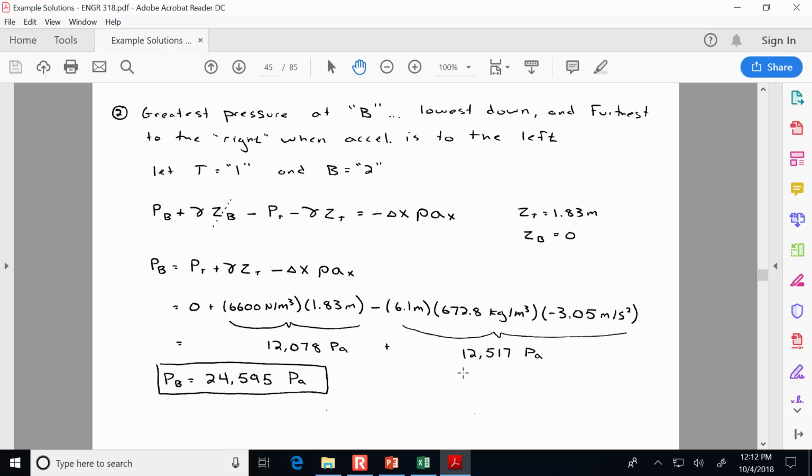Even though it's accelerating to the left, location 2 still has to be the one that's furthest to the right. If the acceleration is in the horizontal plane, then the rule is that what we label as location 2 is whatever has the most x, the most position in the direction of your assumed positive coordinate system. So when we're setting up Euler's equation, it's going to be